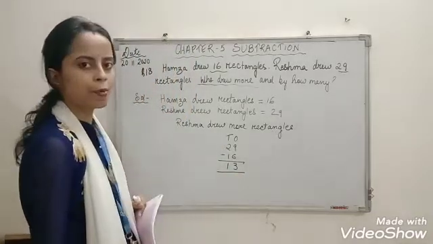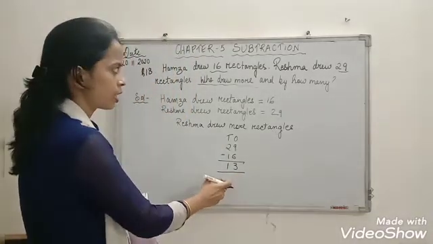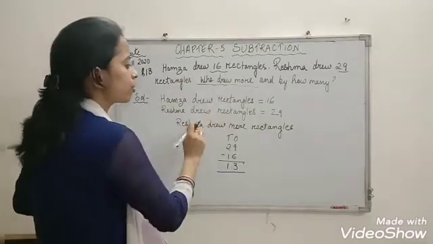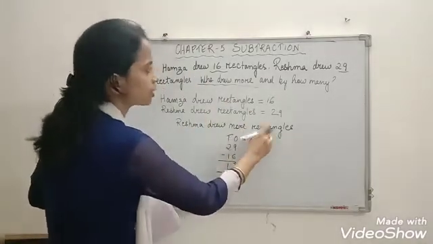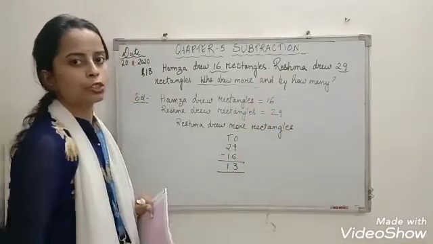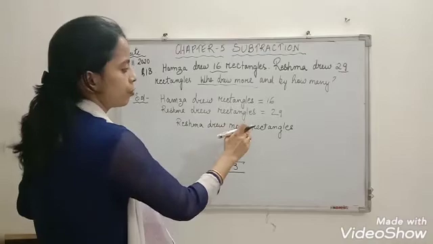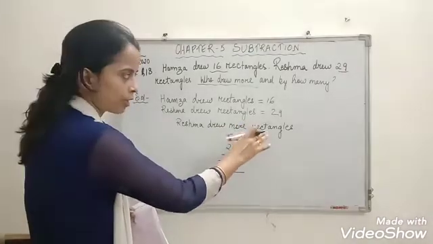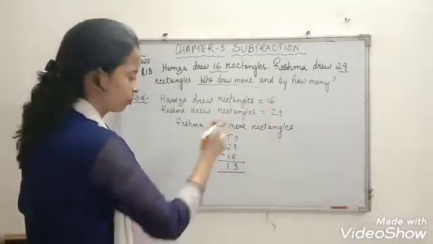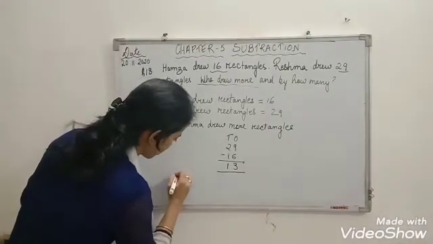So what is the answer? 30. Who drew more? Reshma drew more rectangles. By how many? So what are we going to write? Reshma drew more rectangles. Right. The question asked by how many. Here we will write